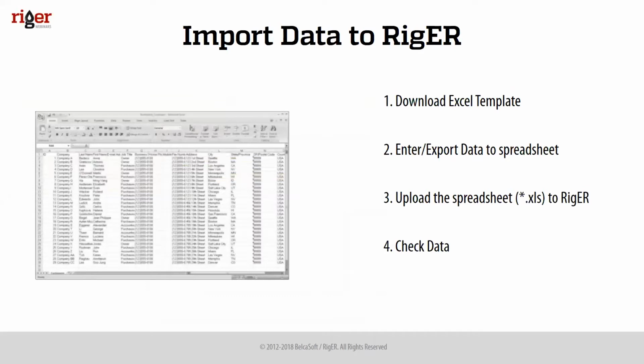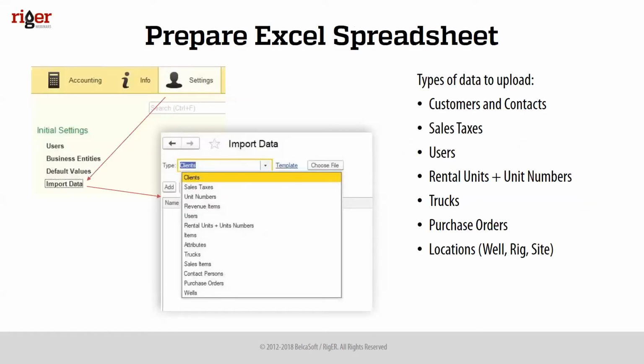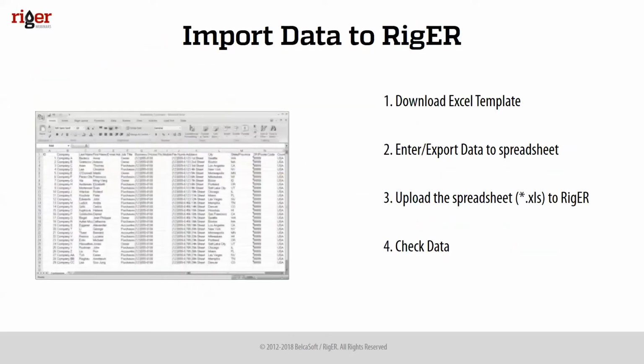So here is the four-step process for how to upload the data. The first one is to download the Excel template from RigER. As you see on the previous screen, we have the template link. You click on the link and you are able to save the spreadsheet onto your computer hard drive. The second step is to enter your data, or export your data from your working files, into the RigER spreadsheet